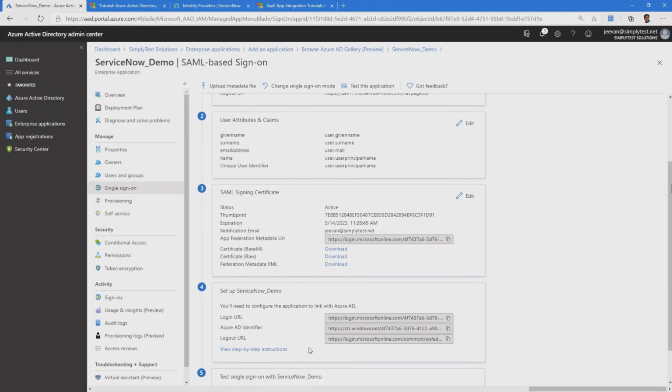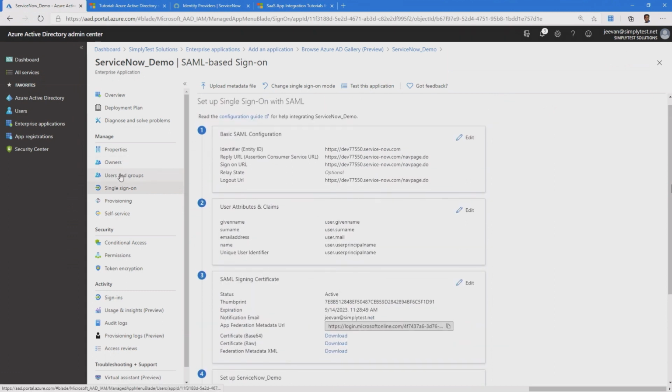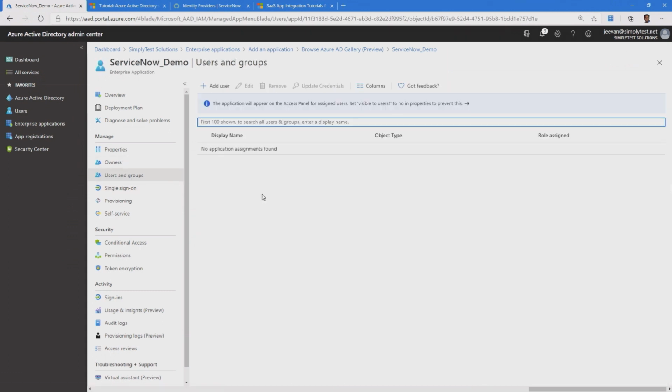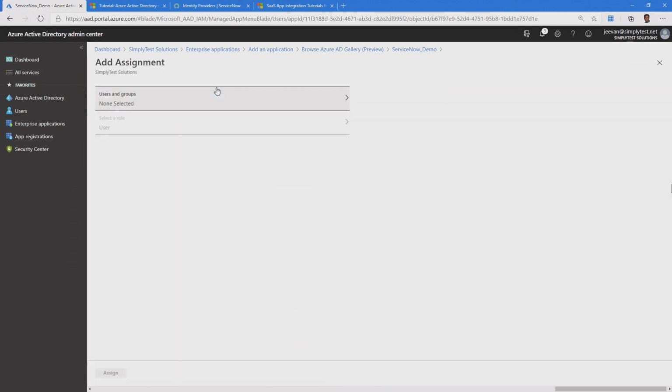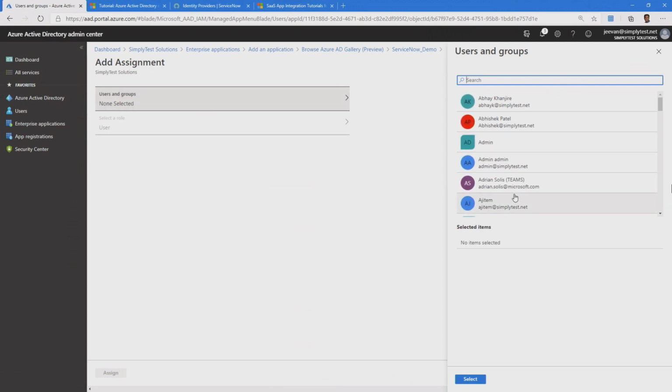And now we have completed the Azure Active Directory single sign-on configuration. Let's go into users and groups and assign this application to a few users so that we can test it out. So I click on the add button, and this brings different users and groups from my organization. Note that selecting different groups for your organization is Azure AD Premium functionality.